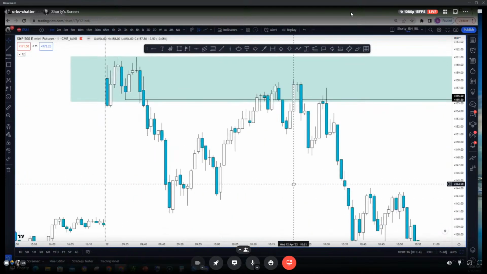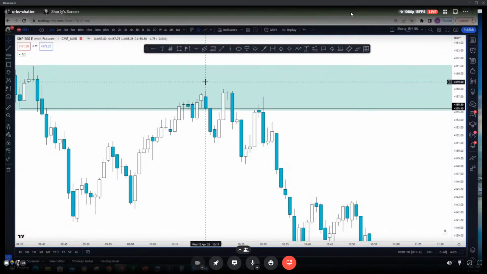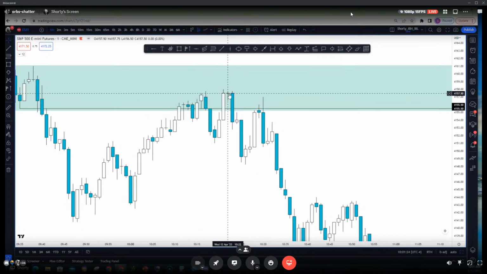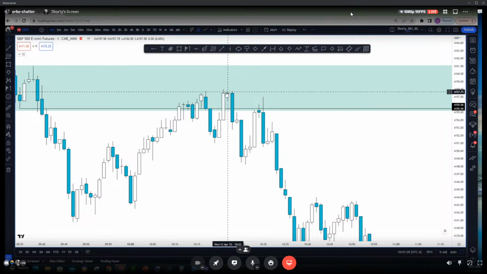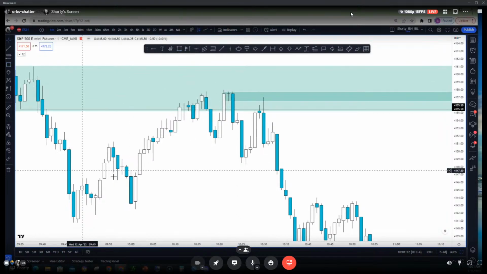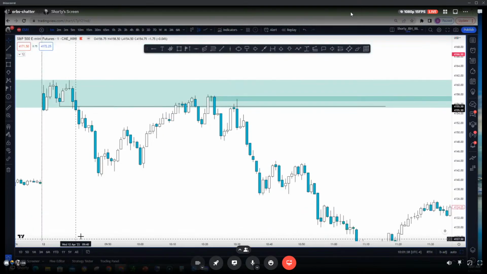Or even on 1 minute, if you're comfortable using it, you could do the same thing. Here's your higher highs, higher lows. You break this level here. Next time you come back, either this candle right here or this candle is the candle you're looking for to short. You brought back the imbalance, and look what happens here. Even if you shorted this, guys, you would have been okay.